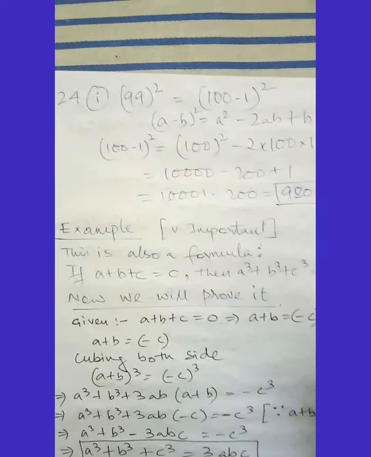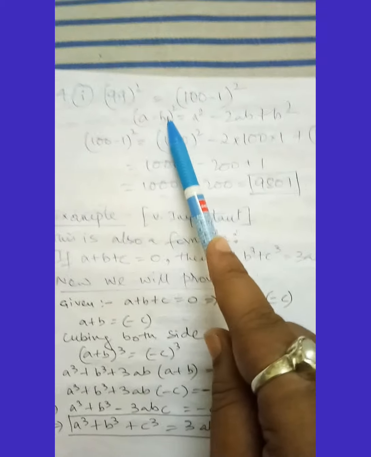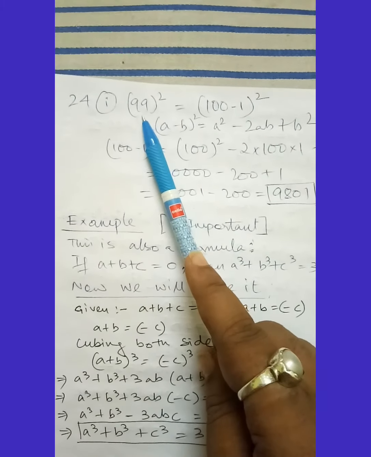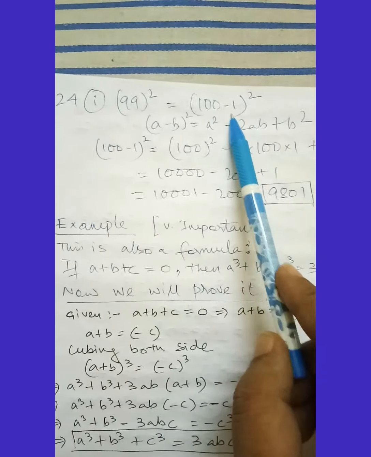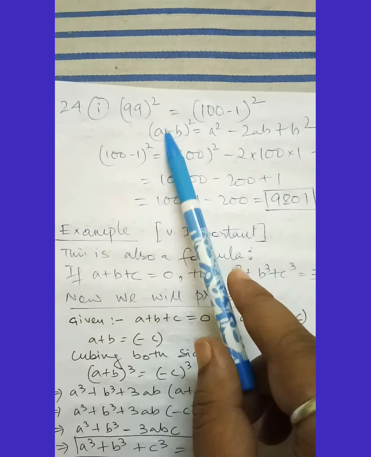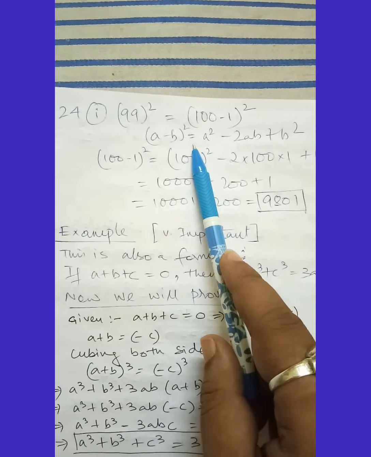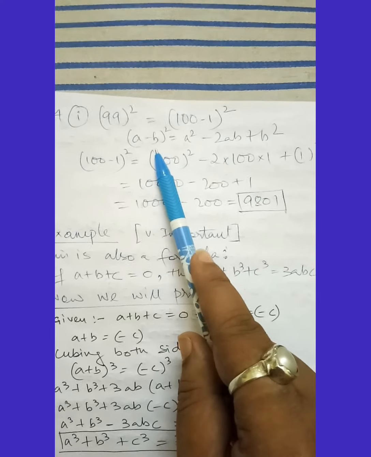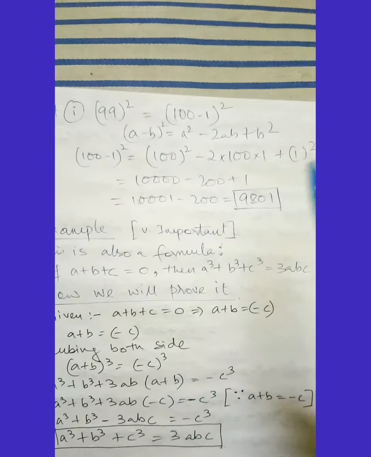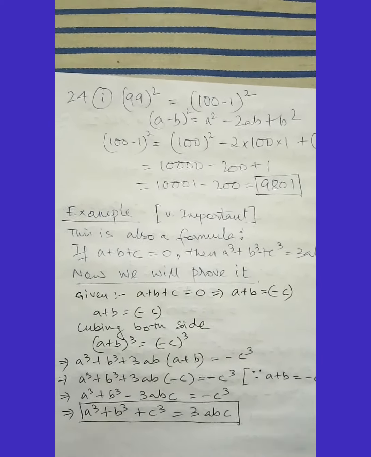This kind of question you have also done last time in class 8. Very easy sum. I'm not going to spend much time, I'm just telling you the format. These are this kind of question. If 99 is given, what have we done? 100 minus 1. If 102 is given, what should I have written? 100 plus 2. Always try to make the value of a at the 10th place or 100th place, like that. That will be easier to find, to make the formula of a minus b whole square. After that I have solved this one. You have done this. Now it is very important, one question is there, the example is also given, but I still will make you understand.